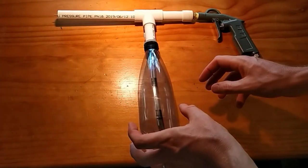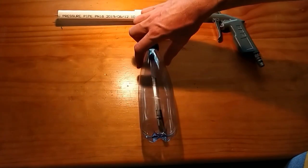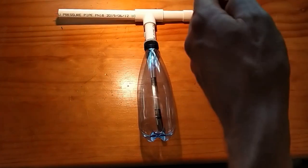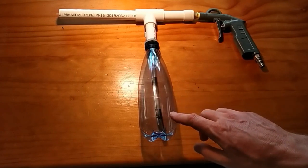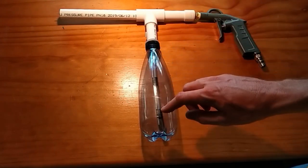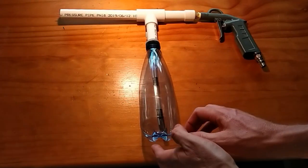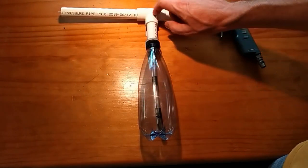Okay, so let's start with the bottle. The reason I chose this particular bottle is because of the tapered neck that it has here. What I found when I used a peanut butter jar, etc., with an inlet and an outlet, is that it created too many eddies. With this particular one, having this rod here holding the tube in the center of the bottle, it puffs the powder evenly, goes around the edges, tapers up and through,